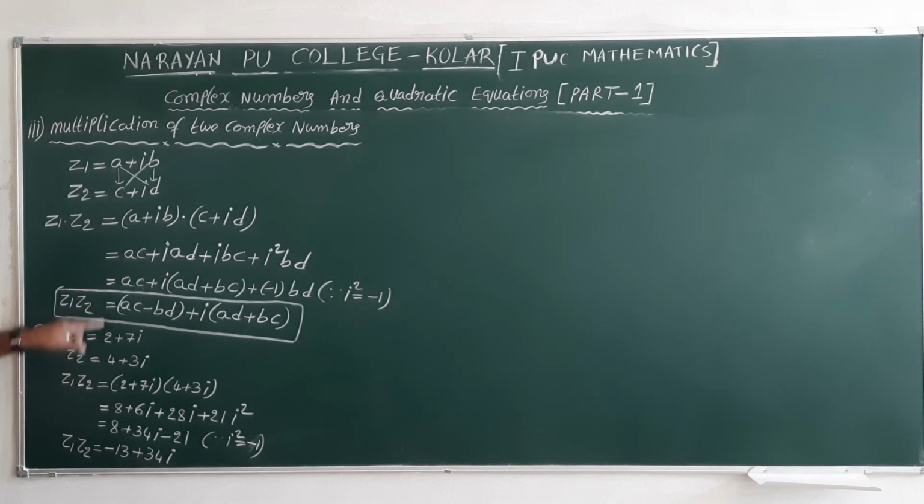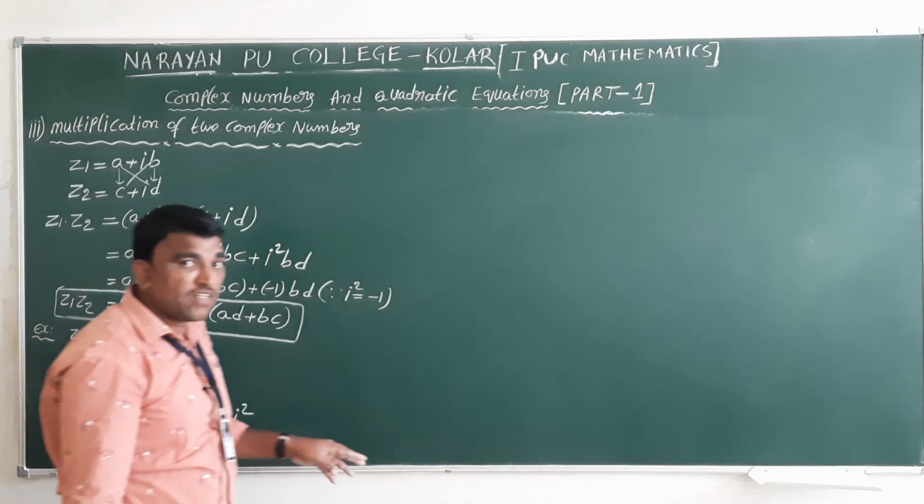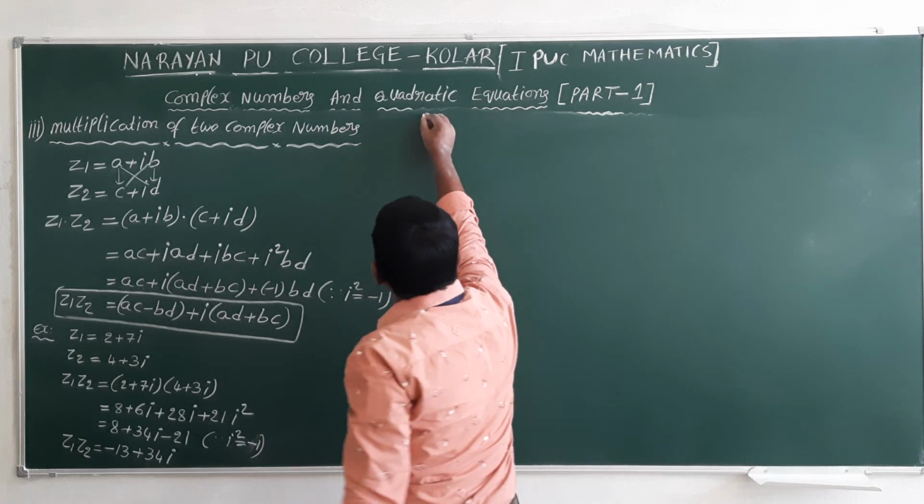So verify here. 2 4s are 8, 8 minus 21. 8 minus 21 is minus 13. Next, diagonal product. 2 3s are 6, 6 plus 7 4s are 28. 6 plus 28 is 34. So like that you can verify whether the product of two complex numbers is correct or not. So next,